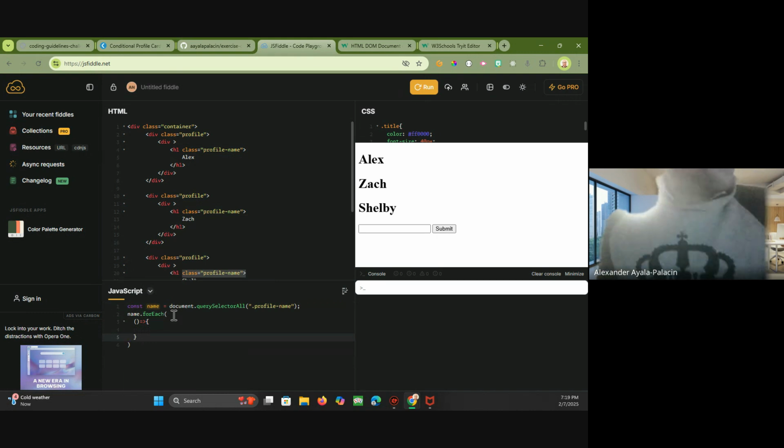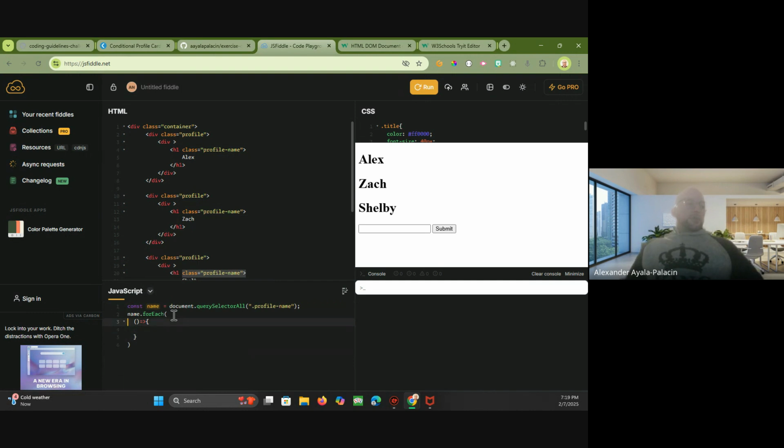And now I need to put some kind of variable to represent each one of those items. Maybe I should put this here for reference. Alex, Zach, and Shelby. So we have to remember that name is some kind of list thing like this. So I want to create a variable that will represent each time I loop over one of them, that's what it will live in. It's almost like a